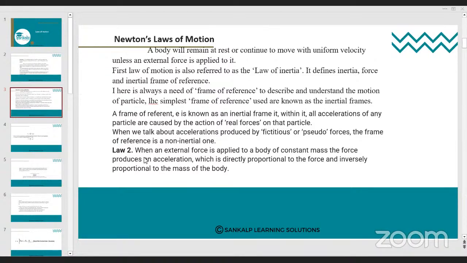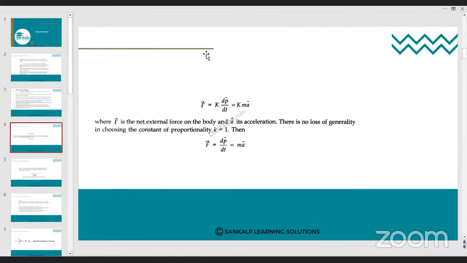In some reference books they will give it like this also. What you said can also be written, no problem. That is, the rate of change of momentum is directly proportional to the applied force and the body moves along the direction of the applied force. Actually, your textbook has the same, so you can write that only. Okay, the next point you can see. Based on the second law, here we have written this.